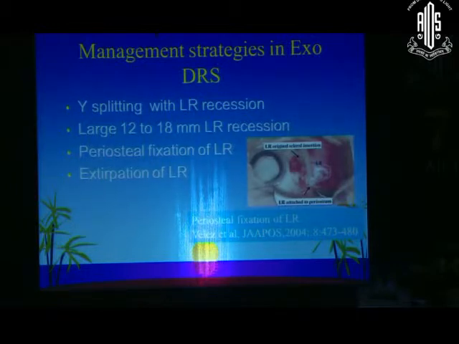You don't have to weaken both MR and LR as a general rule. It is like a quarrel going on and the police come in and put both of them behind bars. That is a general tendency of the police. But actually it's only one mischievous person who was doing the mischief, the other one was only saving himself. But the police will put both of them. Many strabismologists do a differential recession of both MR and LR. The ideal approach is to just catch hold of the mischievous person and put him behind bars, and in this case it is the lateral rectus.